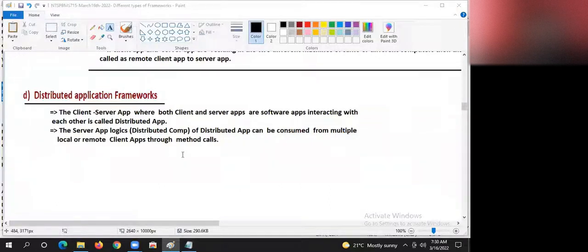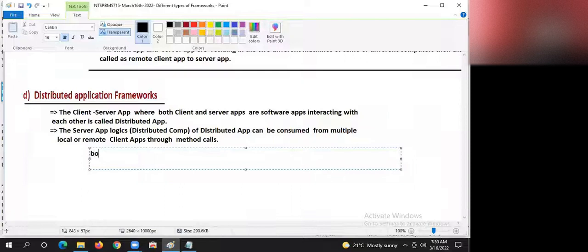Okay, guys. Through method calls. Listen, one small note I have to give. The browser to web application interaction is through request and response.